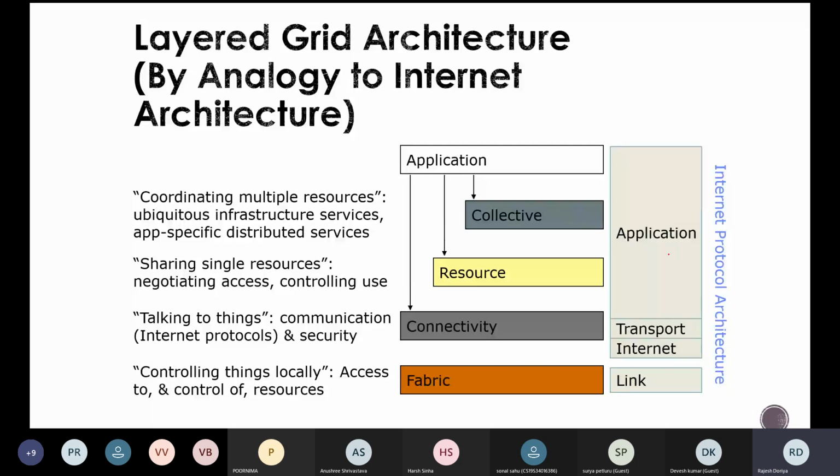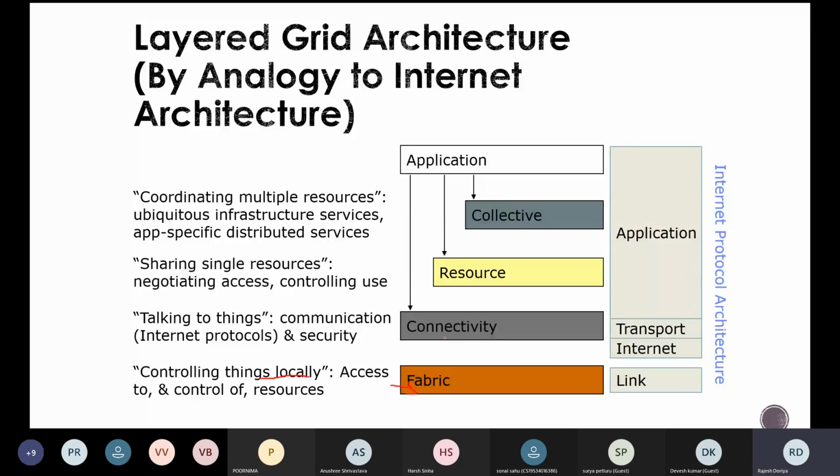Similarly, in grid technology, at the bottom we have the fabric layer, which is responsible for controlling the things which are there locally. It provides access and control over all those local resources. Whatever resources or infrastructure are there, this layer handles them and also facilitates access to those resources.